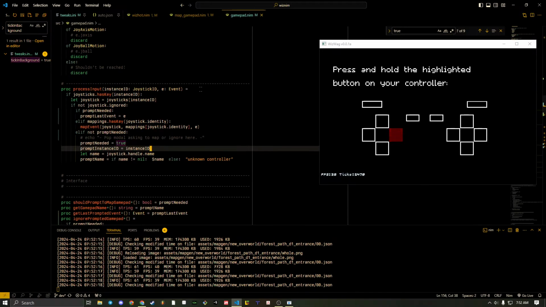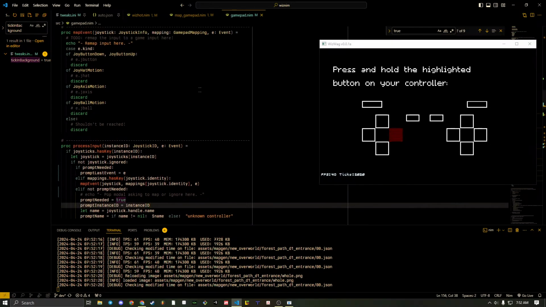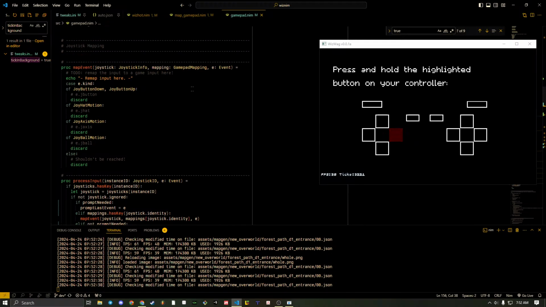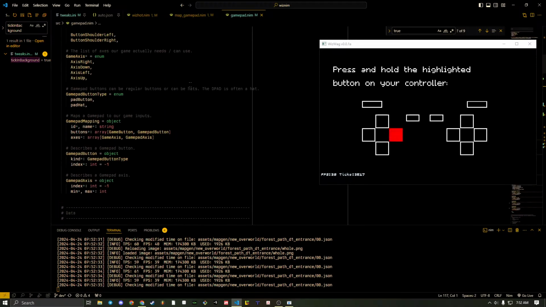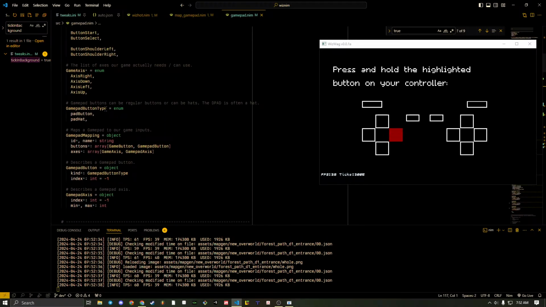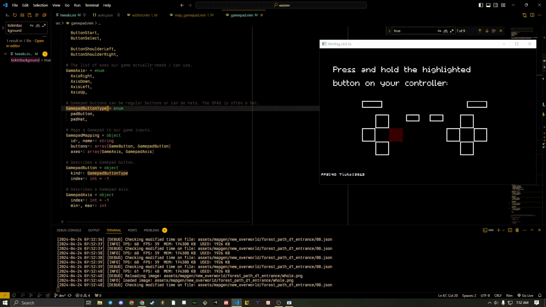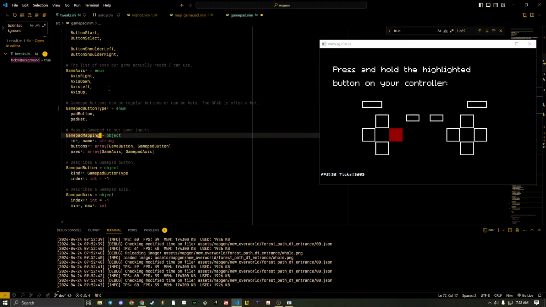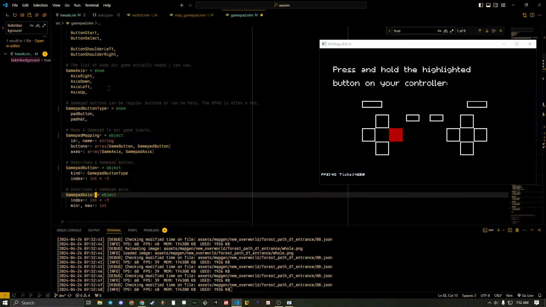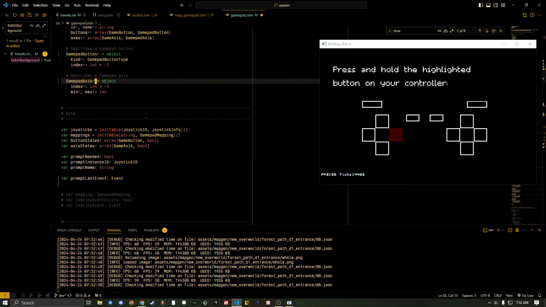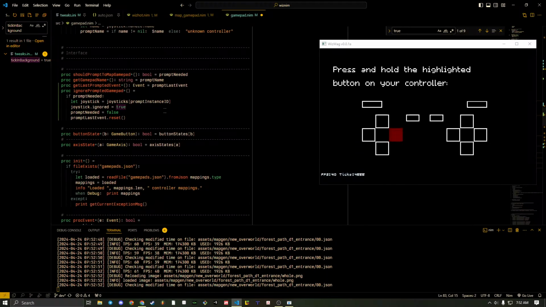Something else we need to do is we might need to expose some of these things briefly. And we also might need to be able to say